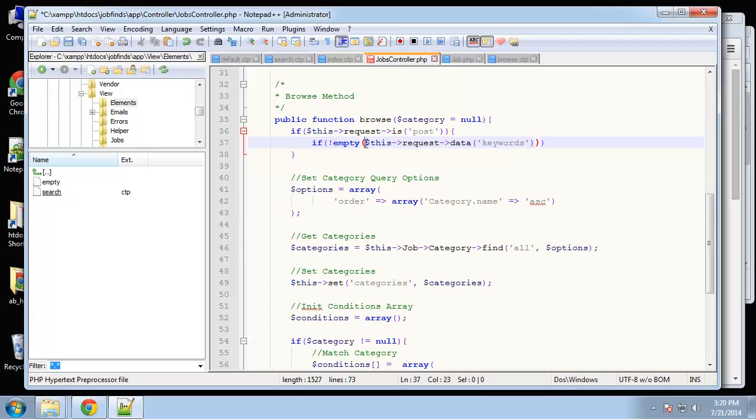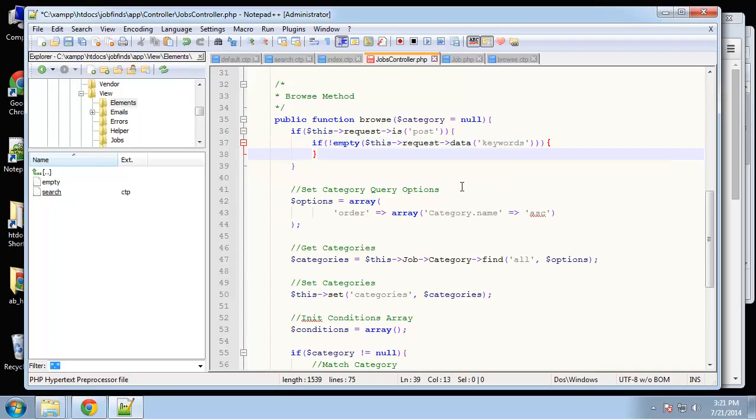Now this right here, this request data and then the name of the field, this is the exact same as, well, not the exact, because I think there's some security precautions that are taken through CakePHP, but it's pretty much like saying this. So it's pretty much the same thing, it's just grabbing that post variable. So if keywords is not empty,